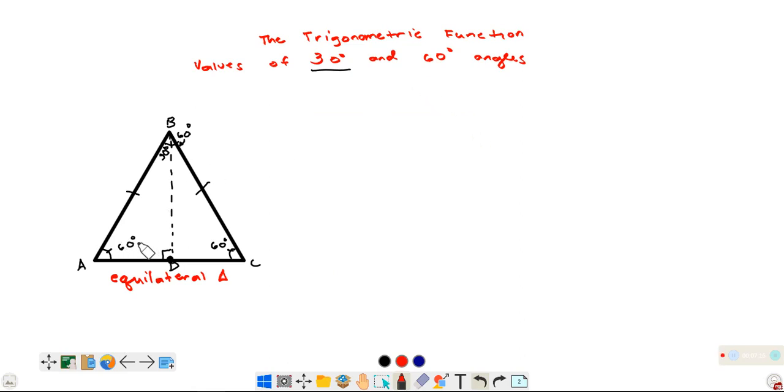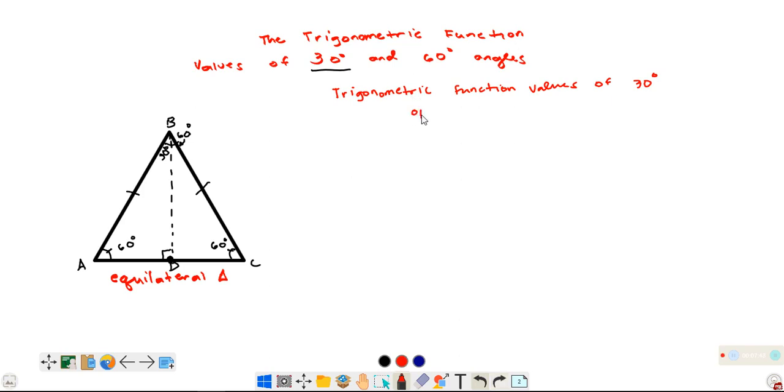So, focus muna tayo sa isang angle. Kunin muna natin yung trigonometric function values of 30 degrees. Kung si 30 degrees ang angle under consideration natin, then we are going to have